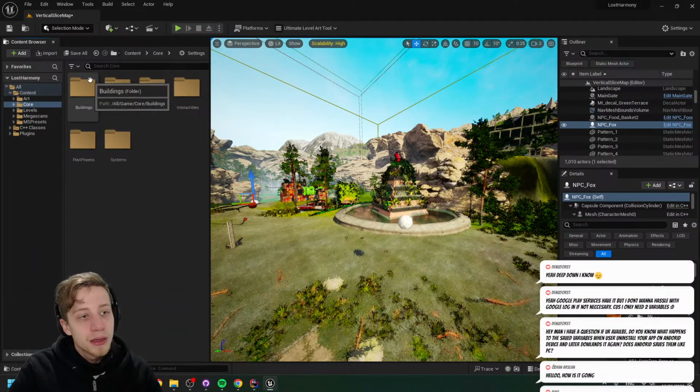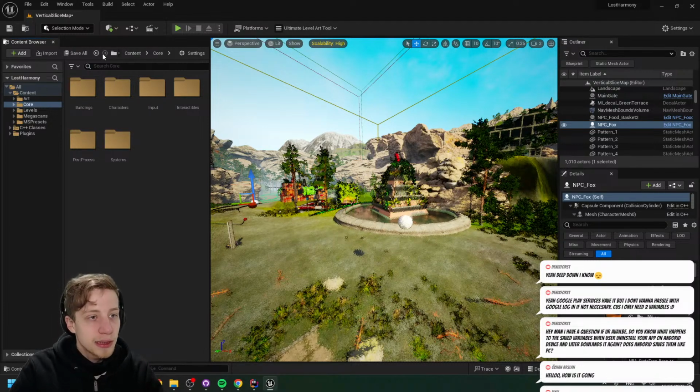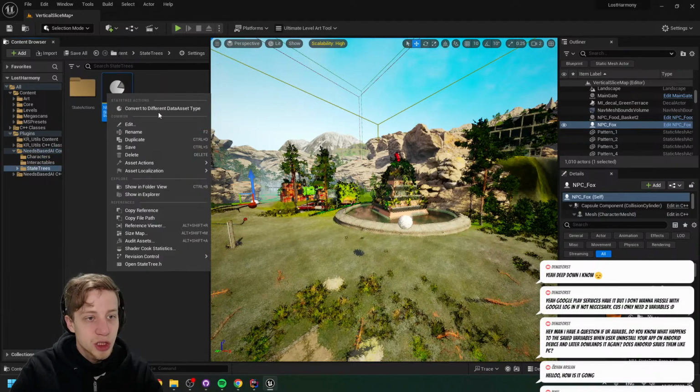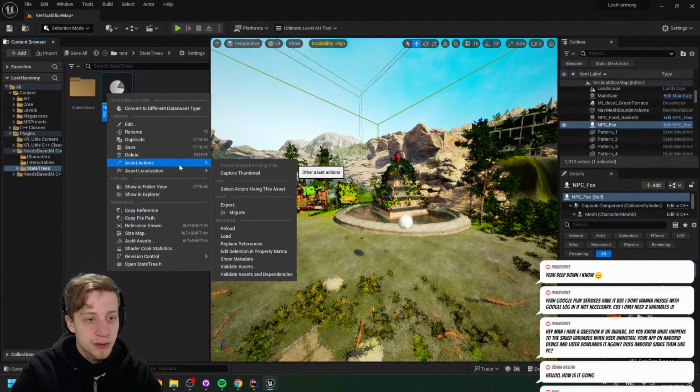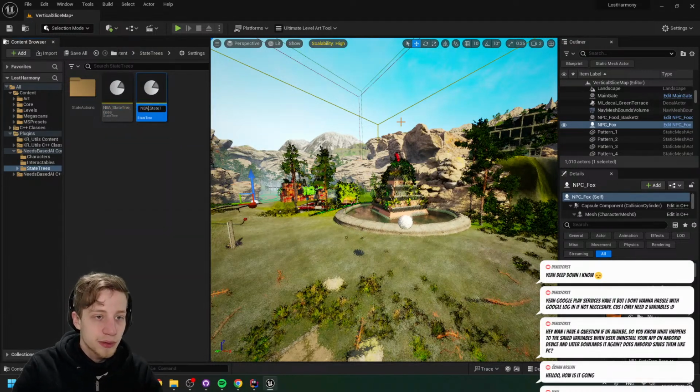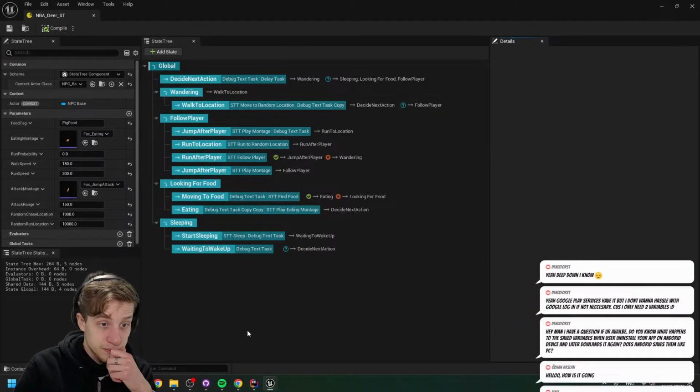Yeah, okay. Let's start making different interactions here for different needs-based AIs. So we got here the base for our state tree. Can I make a child? Convert to a different type also? No. I'm gonna probably just have to duplicate it, right? Okay. So this is gonna be our NPC state tree. This all stays nice and good.